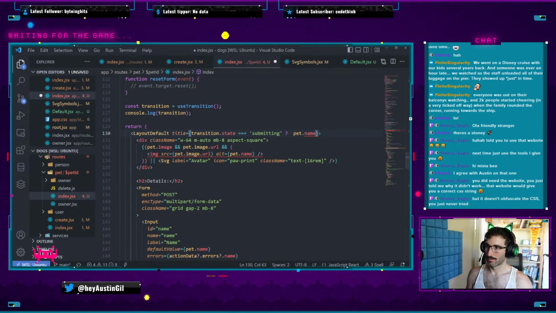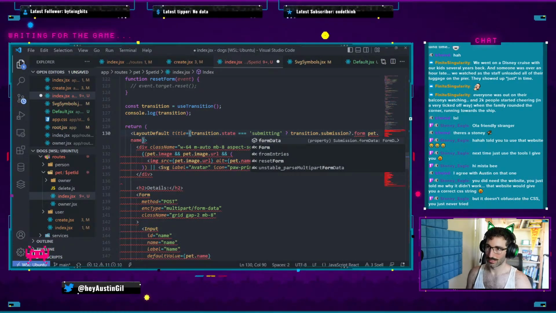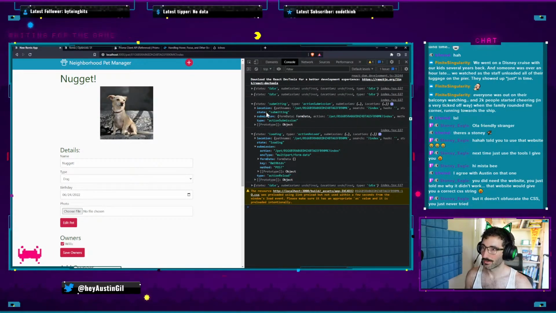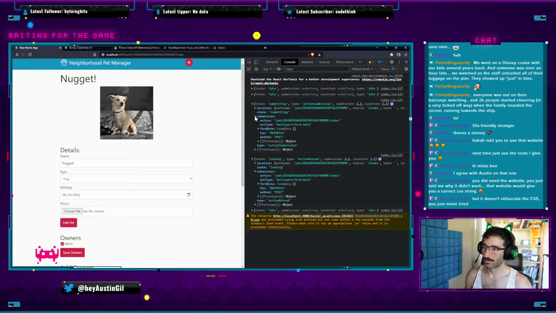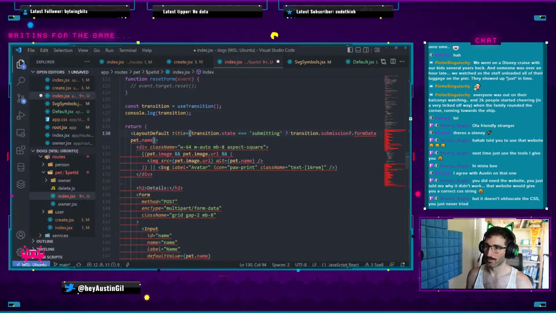Yes. We're going to show the transition.submission?.formData. Wait, is that form data always going to be there? The form data is not always going to be there. If we have the submission and we have the form data